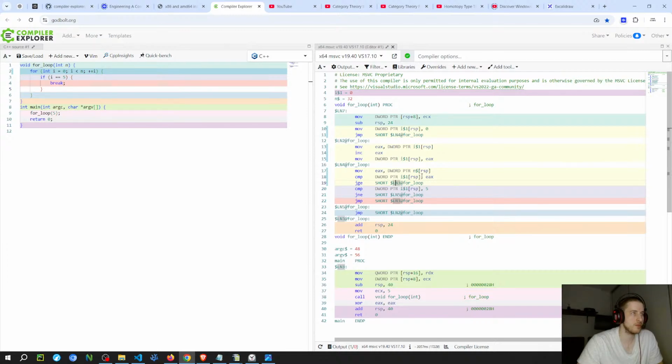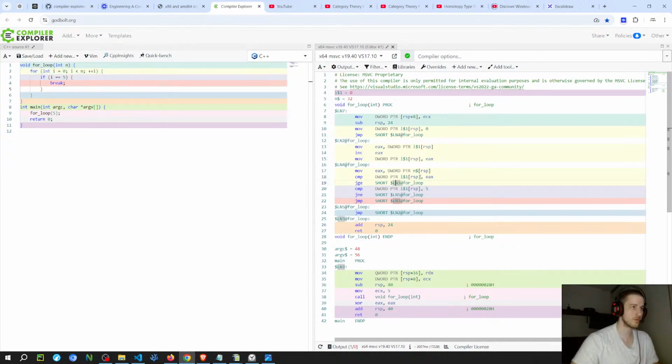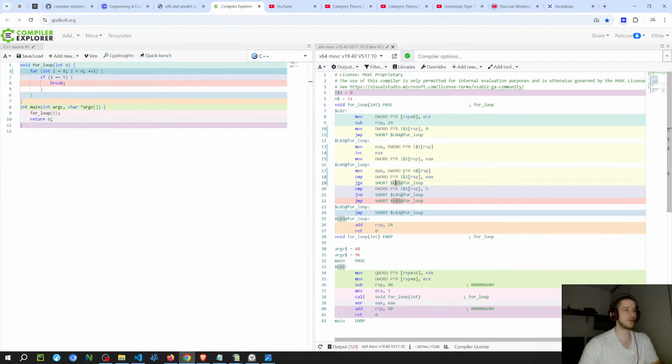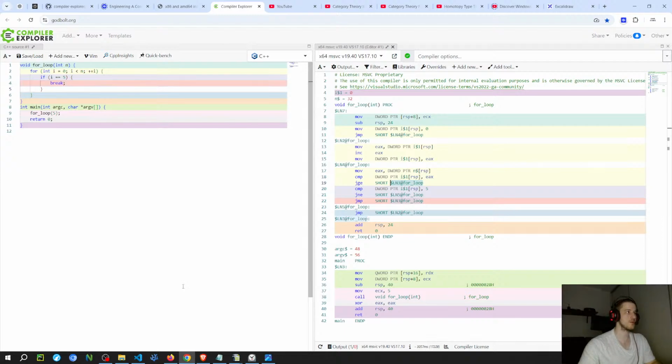This should be SF equals 1, which means it doesn't jump. It's going to jump if SF equals 0, because it's greater or equal. Since the result is negative, SF is going to be 1, which means it doesn't jump. So this is the exit of the loop. Compared to 5, it does the same check. And so I'm going to move to the next example.